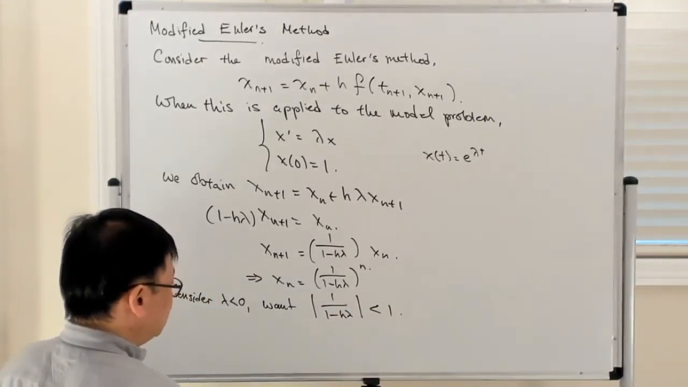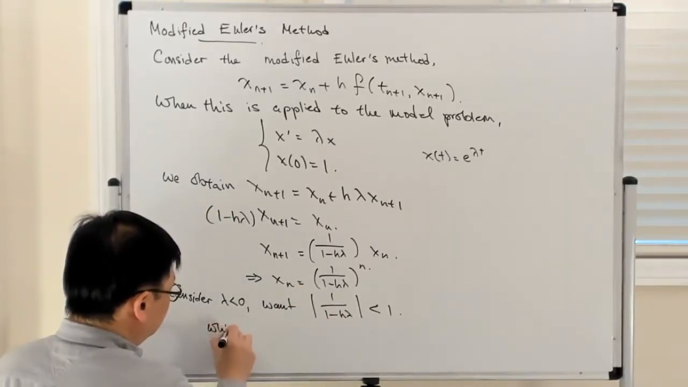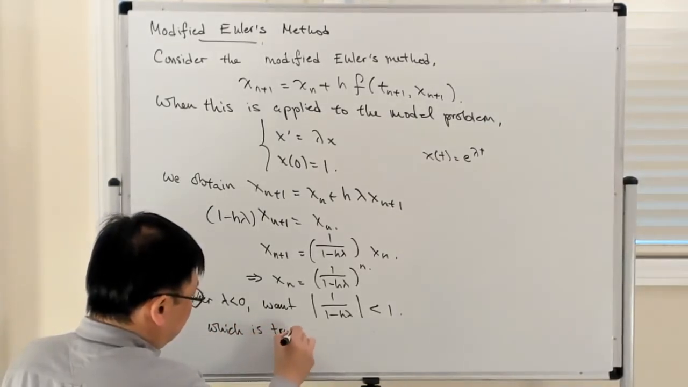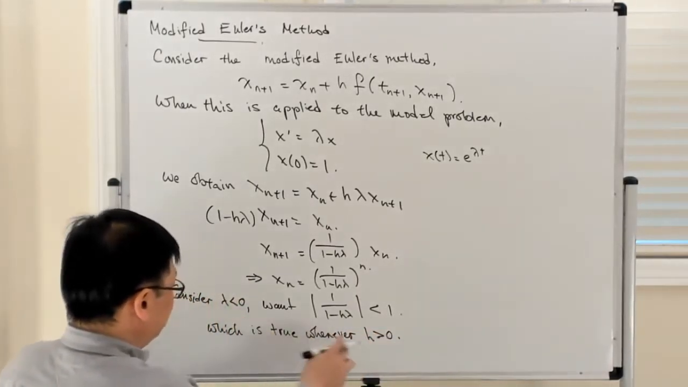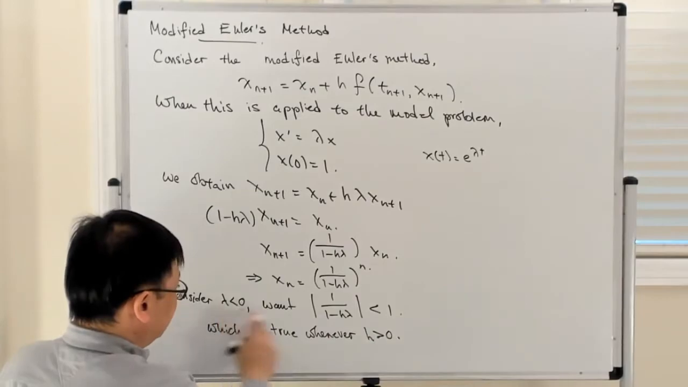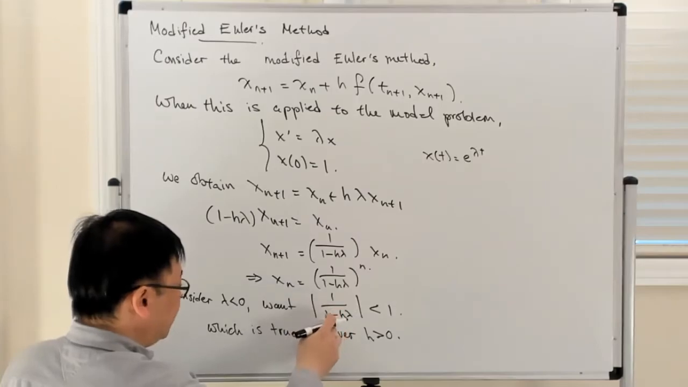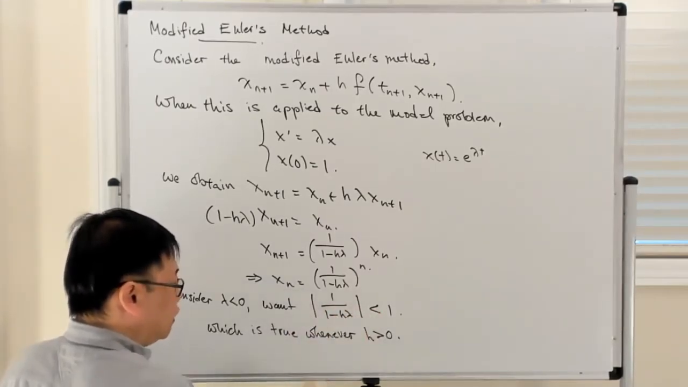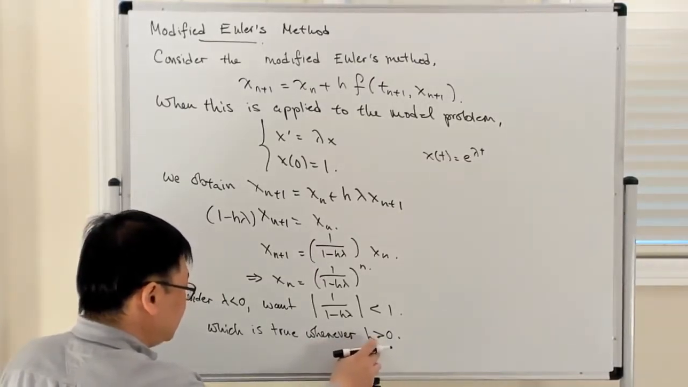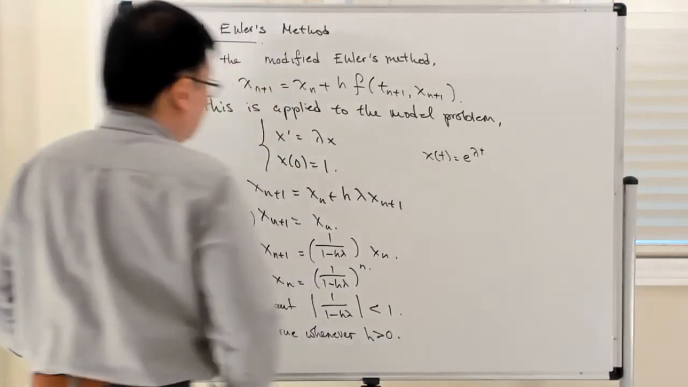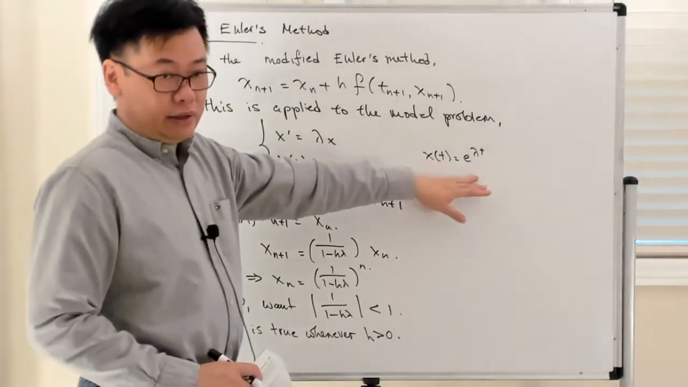All right, and you can easily convince yourself that this is true whenever h is greater than 0, because if h is greater than 0 and lambda is negative, then minus h times lambda is positive, so this is 1 divided by 1 plus some positive number, which obviously is less than 1 in absolute value. So this is true whenever h is greater than 0. So in contrast to the usual Euler method, when applied to this model problem for lambda negative,